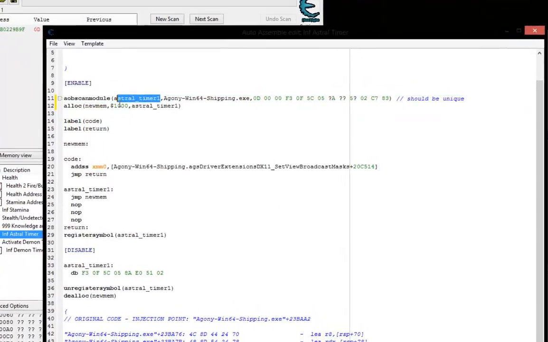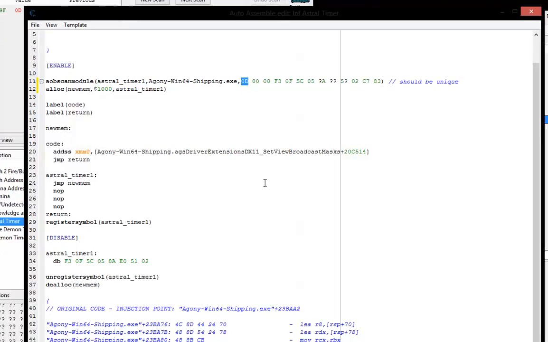this name will always represent the very first byte, regardless of what it is or where it starts at. So that astral timer 1 is now that OD and not the beginning of the function, or not the beginning of that opcode, I mean, or that instruction. So we need to count over, which is this starts at 0, 1, 2, 3. So we'll need to put a plus in hex 03 in all of these, okay, just so we're going to